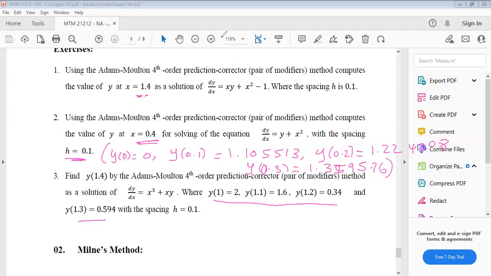Okay, let's begin. Can you begin the answers and give me the final answer? Yes, thank you. So 0.3. Okay, please write down this one quickly. y0, y1, y of 0.1,